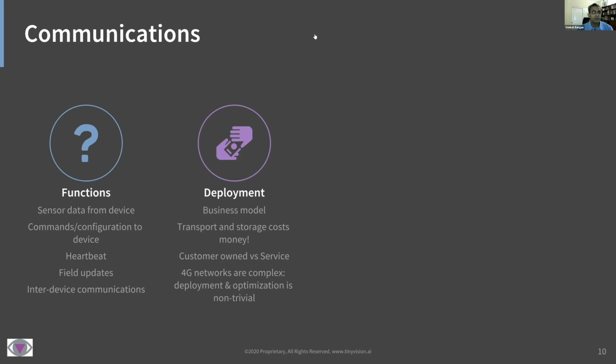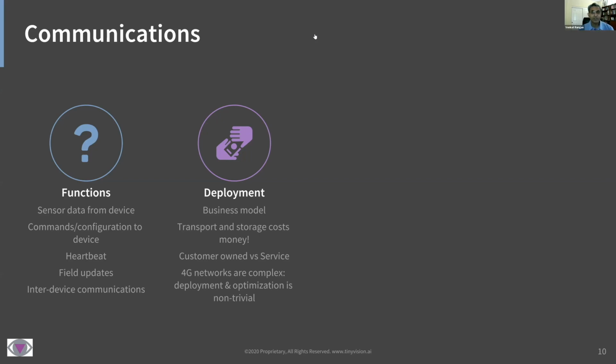You need to be able to think about whether the bits are transferred over your own network, which you have leased from, say, any of these 4G networks, or do you have a Wi-Fi, or a BLE, or some other way that you are expecting the customer to provide. Each has its own benefits and disadvantages, so this is something you have to go look at.